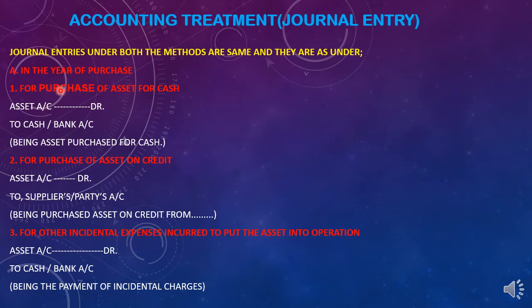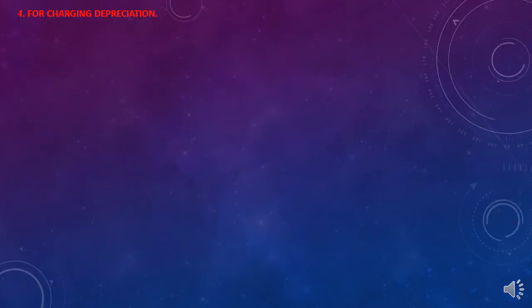It means when you make the entry for the purchase of the asset, at that time you will add these incidental charges in the purchase amount only. So students, here we will see charging the depreciation in the year when the asset is purchased. After that, there can be two cases, cash or credit. We have seen the entry for that. Now the main part of your depreciation treatment starts now.